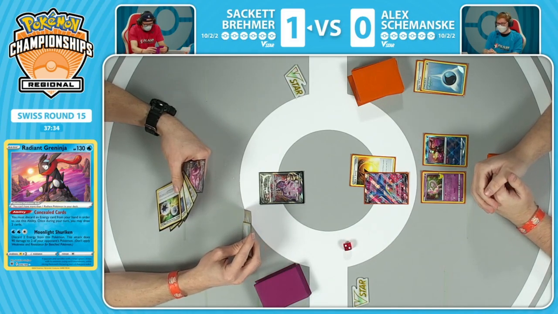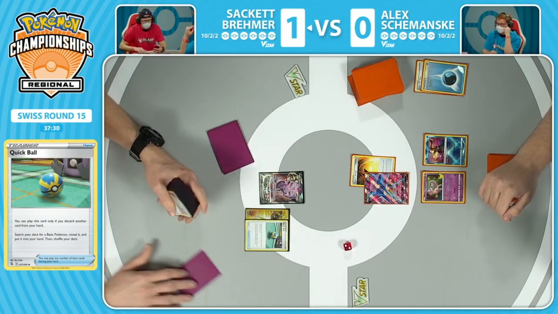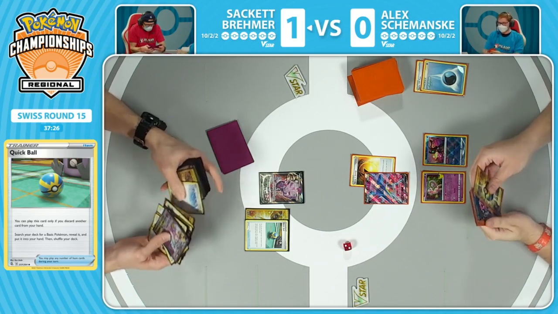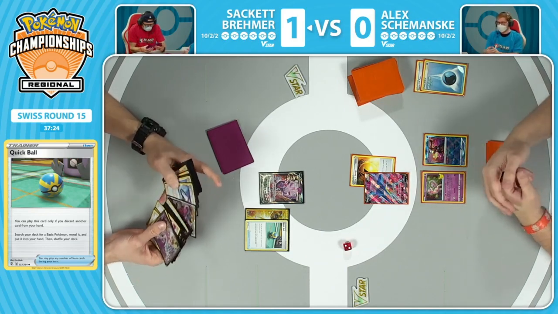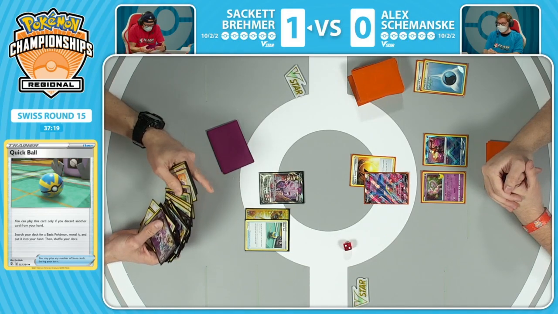Meanwhile, this hand for Sackett, it's not the best. You have that Quick Ball to find that Mew V if you want. You could find another Genesect if you want, but that's not really what you want to be doing. And then might have to rely off of a Judge just to try to find something like Battle VIP Pass